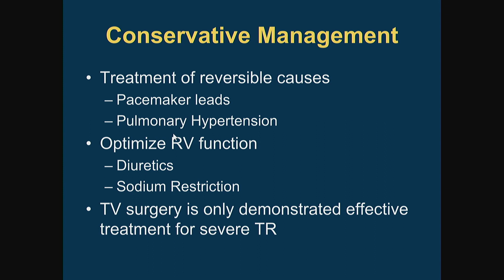And if that pulmonary hypertension is related to left heart disease, then intervention to manage the left heart disease would be appropriate, for example, in patients with heart failure. Next is to optimize right ventricular function, and if there is significant right ventricular enlargement or congestion, treatment with diuretics